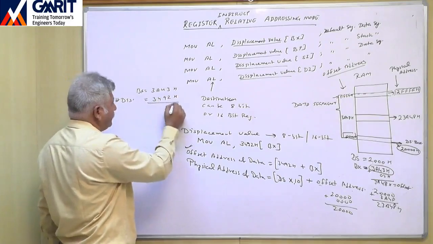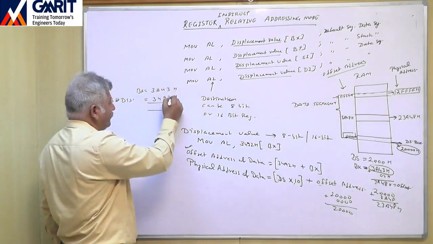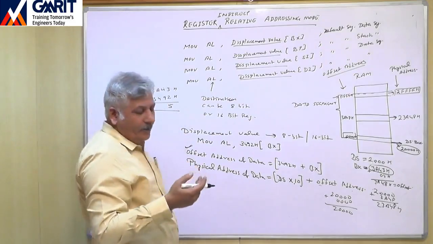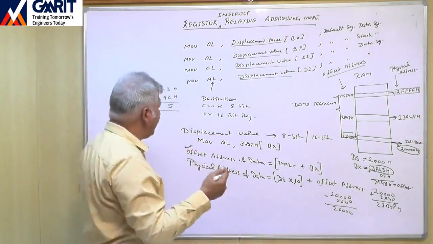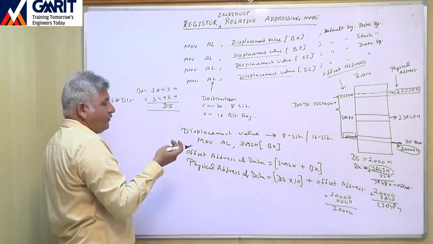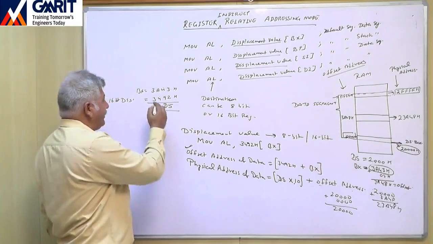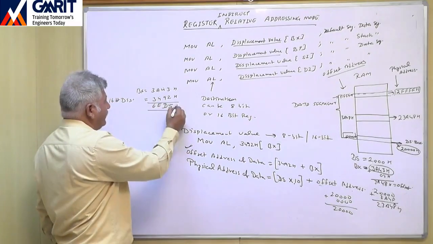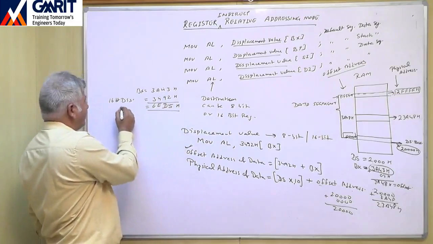So we add these two: 3 plus 2 is 5, 9 plus 4 is D, A plus 4 is E, 3 plus 3 is 6. So this is our offset